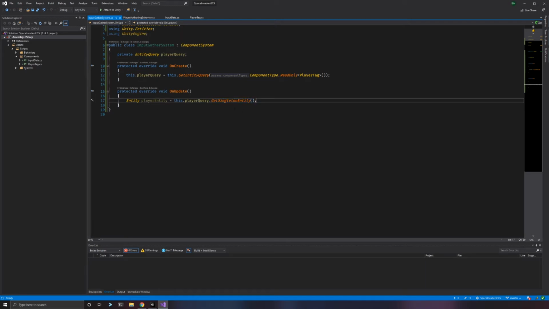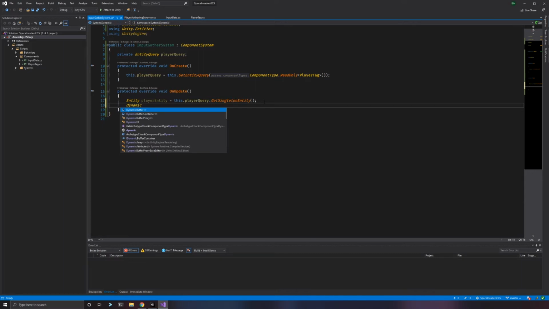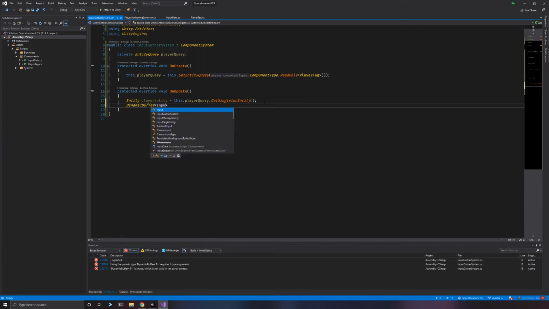But I know that this will always be 1 because that's how we're designing it. I can use this nice shortcut. It's a way to use singleton entities. We're going to use a bunch of them today because there's nothing wrong with them. It's a way to store global data that you can then use through a bunch of systems. But in this case, I just happen to know that it's a single player game, so I can use this shortcut. Now that I have the entity, I need to go get that input data